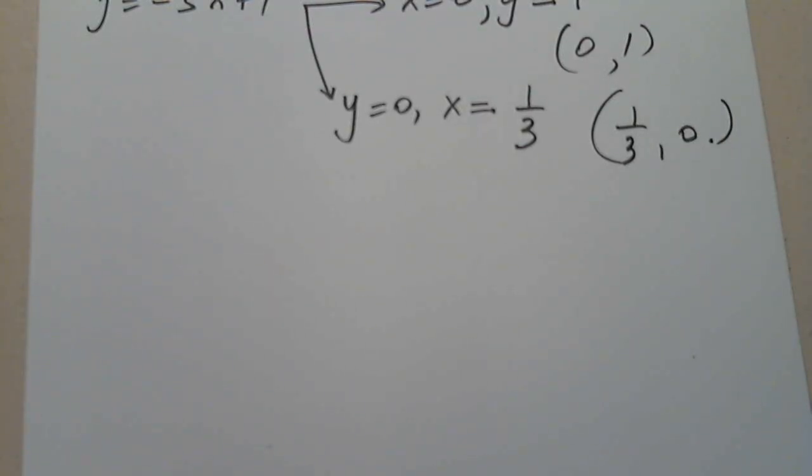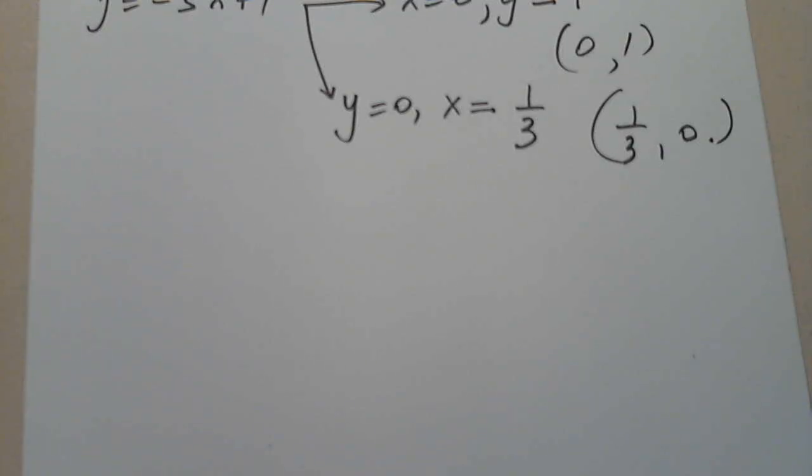So let's see how we do this, because they do say if possible. Of course they are always possible, but it may not be a point that they allow us to enter in Pearson. Let's see what happens. So (0, 1) is very clear. This is 0 for x, 1 for y. That's one point. But 1/3,